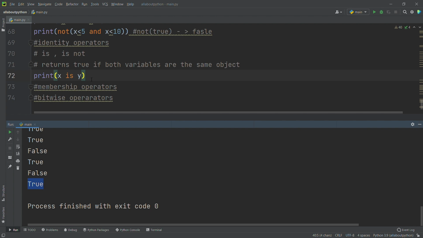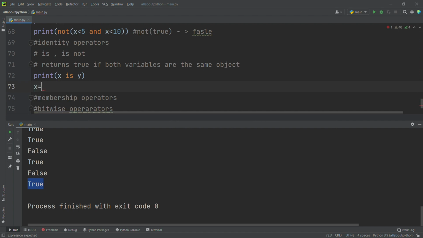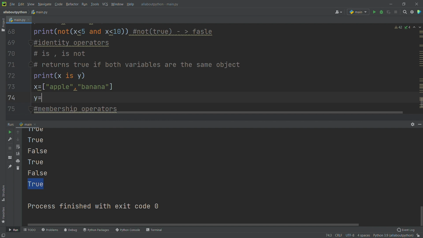Okay, now we will give x is equal to a list. I want to give a list: apple, comma, banana. And now I will say y is equal to list of apple, the same thing, apple comma banana.